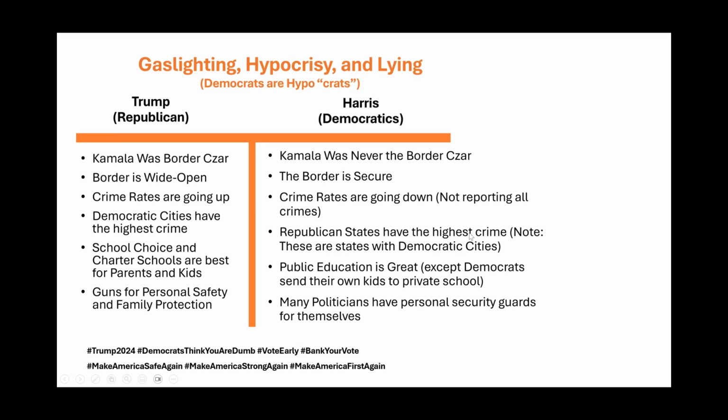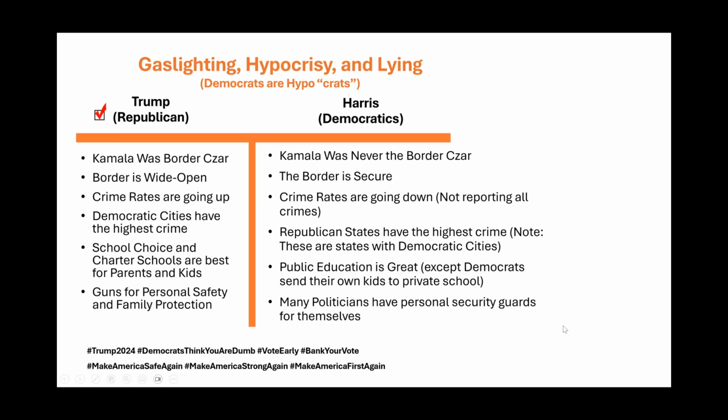This is a fun one. You hear a lot from Democrats, but oh, well, Republican states have the highest crime overall. Well, that may be true, but the Democratic cities within those states are the ones driving the crime rates up. So it's convenient to count the crime rates when you're attacking a red Republican state, but not count them when you're saying crime rates are going down. This is about how do you make decisions based on more facts to have a better outcome.